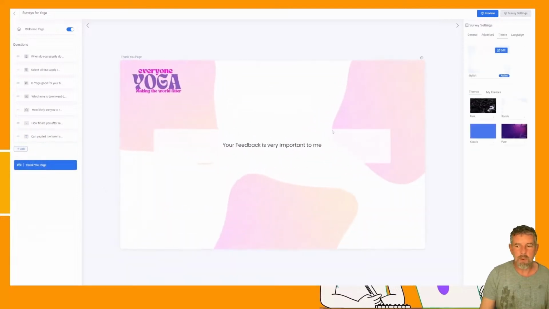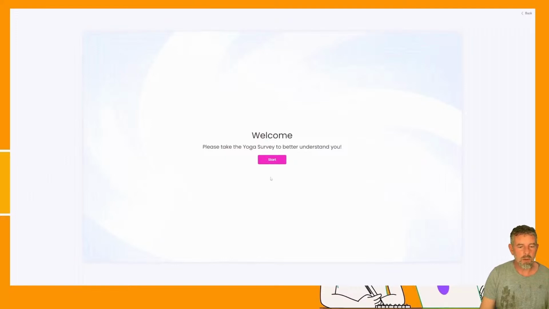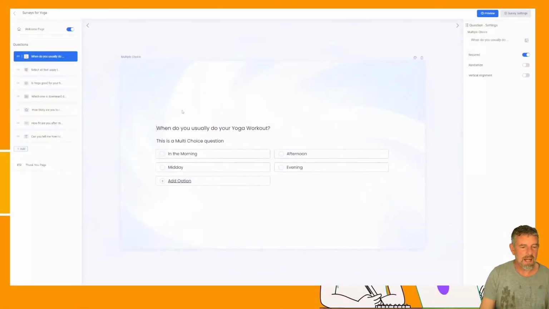You can also go into the thank you page and you can adjust that as well inside there and set all the general settings for this. Now it's really important that you test your survey as well. So you have this preview button up here where you can go through, you can preview and see your survey